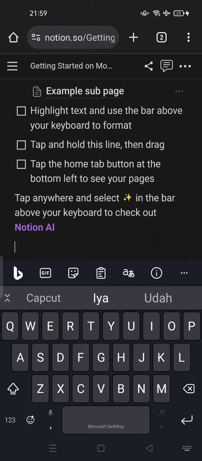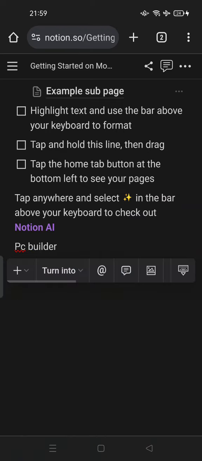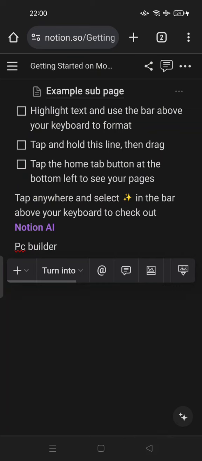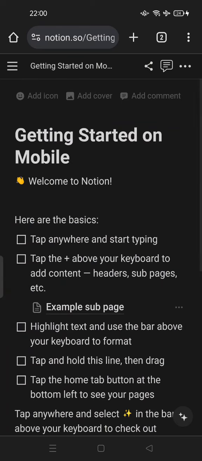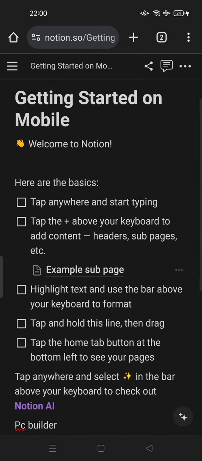So let's start with PC Builder. Feel free to try to use this Notion